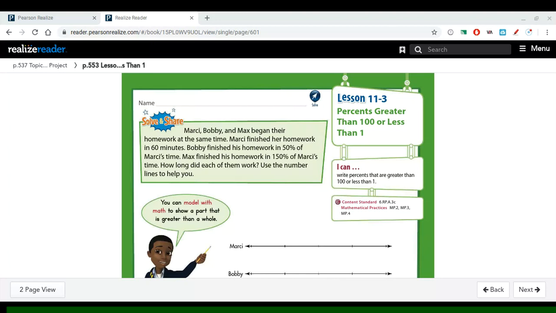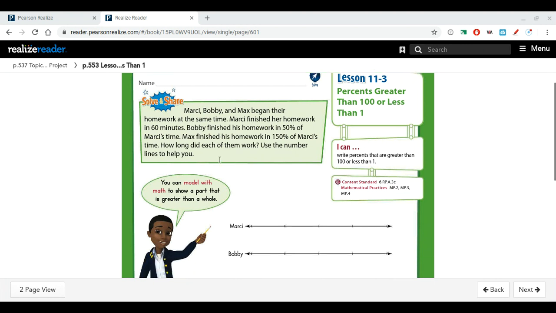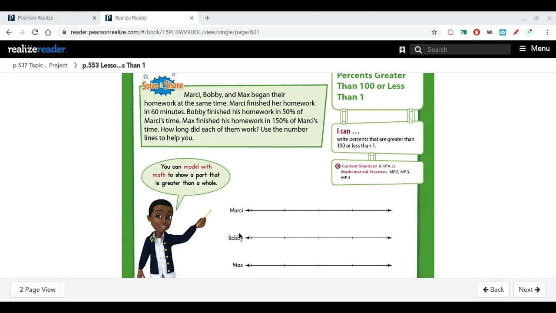Some work with percents that equal up to 100 or that are in between 100 and 1. And so today our focus is going to be on percents that are going to be greater than 100 or percents that are going to be less than 1. So if we take a look at our solve and share, our first problem that we're going to look at